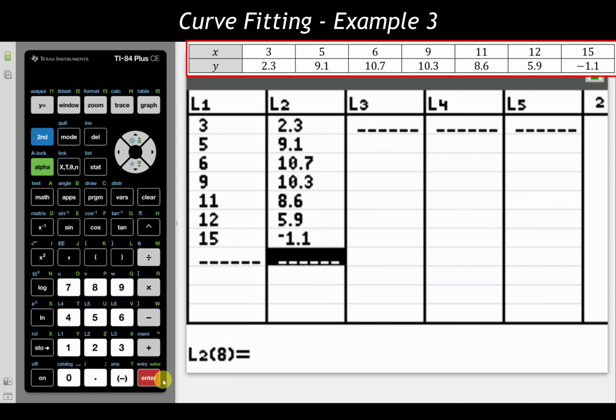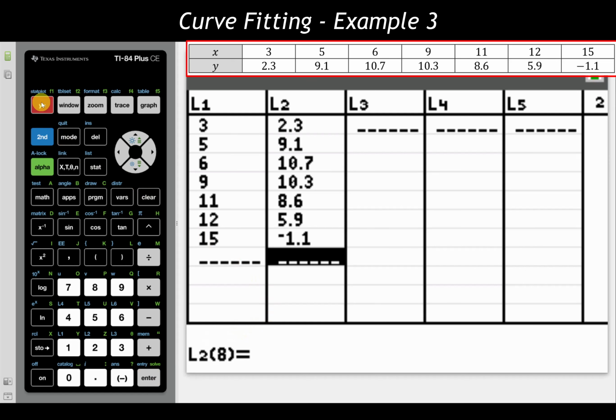Now that we have the data entered, we can go through and view this thing again. Remember down here with our negative, we are always clicking the negative button, not the subtraction key. If you had an error show up, that's probably because we hit the subtraction key. We need to make sure we're hitting the negative one if we're just entering in a negative number. So let's jump over to viewing this data.